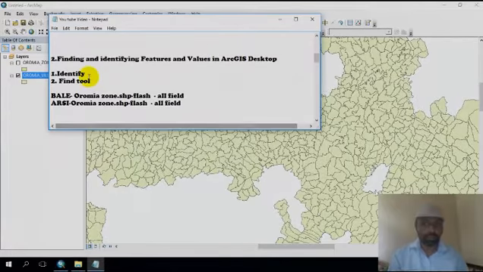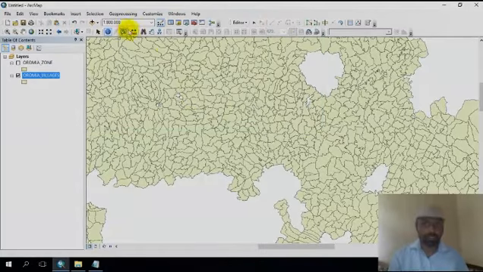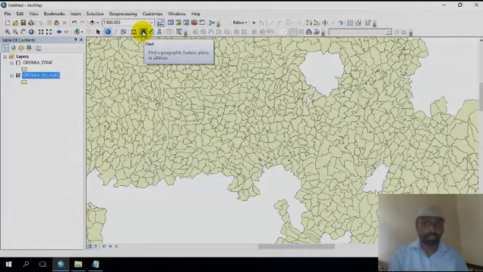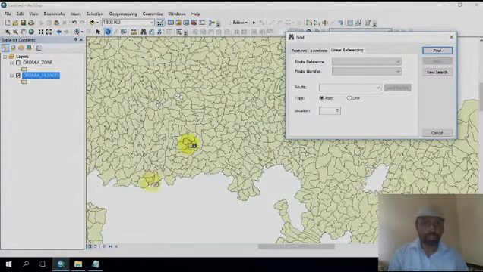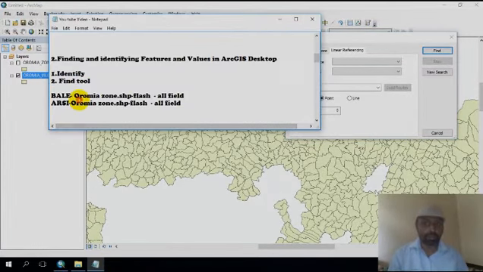Okay, let's go to how to use the find tool. The find tool is available here. This one is the find tool. Just click it. Suppose I want to know about a name from the Oromia zone shapefile. I want to know about the Bali zone.